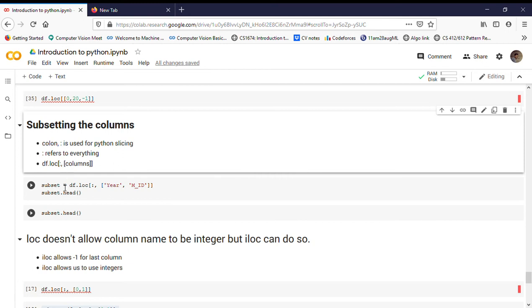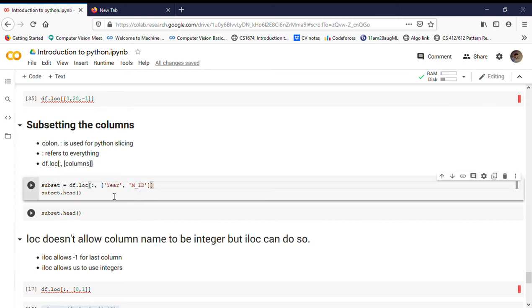Suppose I am creating a subset and I write df.loc, colon, comma, year. This is our first column name, and this is our second column name. The first is the 0th column and this is the first column, because Python always starts counting from 0.